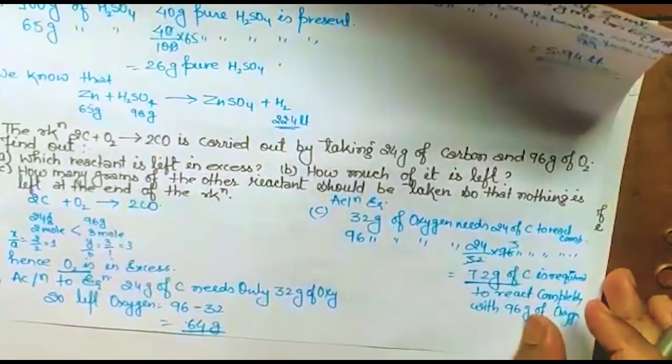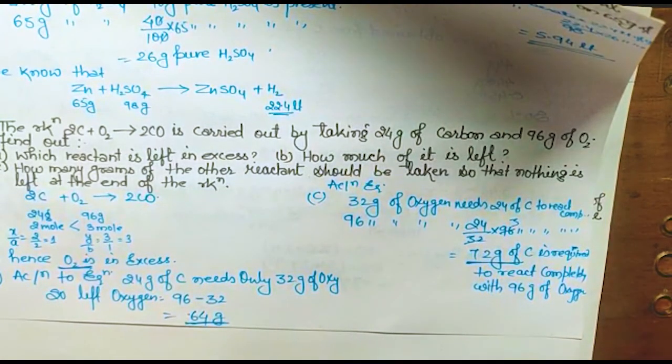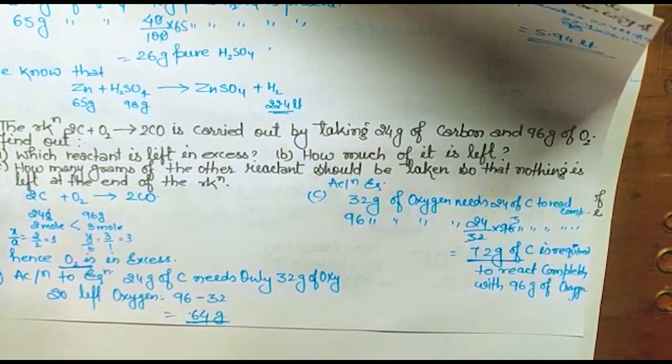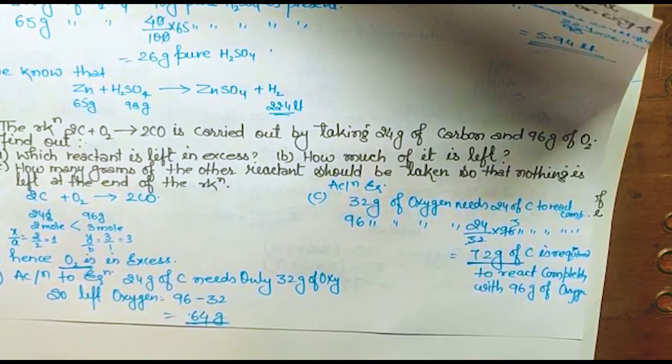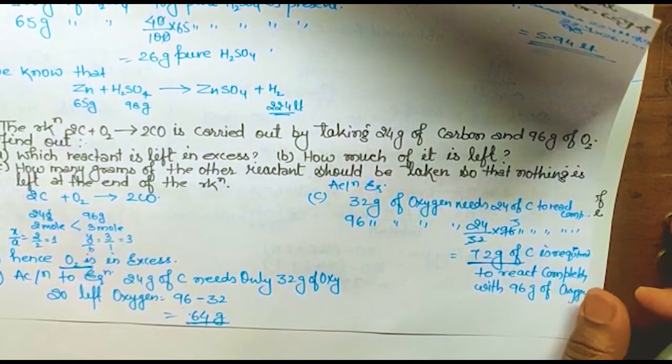So hope it is clear. See, numerical is the thing to, like, it is to practice. As much as you will practice, you will be expert in this. Got it? And numerical से डरते नहीं है. डरोगे तो फिर हारोगे. डर के आगे जीत है. You know ना? So numerical अगर डराता है तो do as much as practice you can do. Got it? चलो. So let's start the next question.